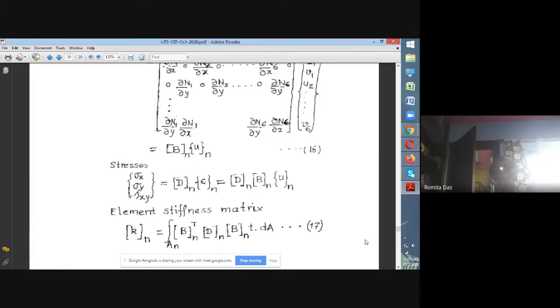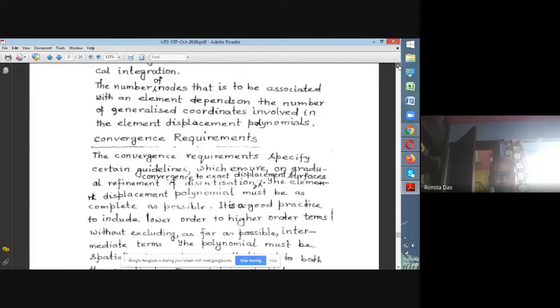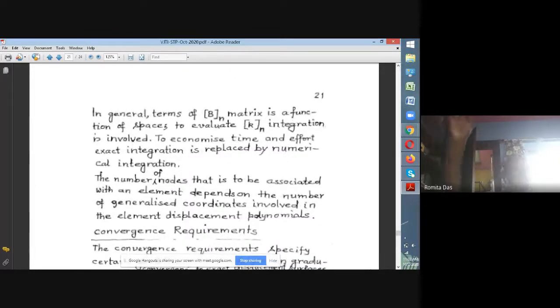So in order to ease the process, we go for doing the integration numerically. That's why in finite element analysis numerical integration is very important. Because of the variation of the matrix terms in space, it would have to be done exactly, and that involves cost. To reduce the computational cost, the exact integration is replaced by numerical integration. You might have some lecture on numerical integration later. All right. So this is the quadratic variation, or linear strain triangle, that we have talked about, and we can go on talking about higher order variations and so on.